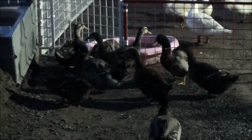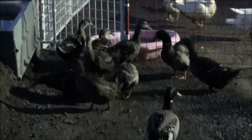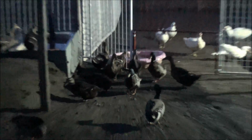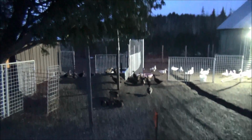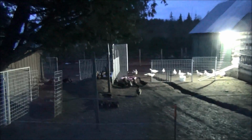Well, you know, the incubator is big enough that even if I have some duds, and even if I only have a 50% success rate, that's still 600 ducklings a month. That's 1,200 ducklings in a 2 month period. So I don't know. We'll see. If the ducks don't snap out of it in the next couple of days, I'll give them a week, and in a week from now, if they're still depressed like this,